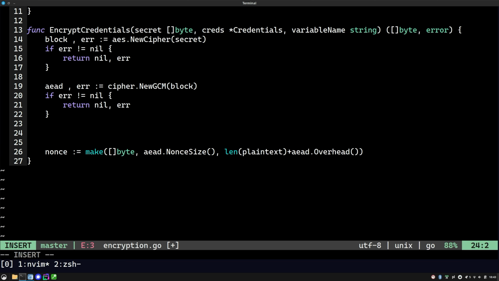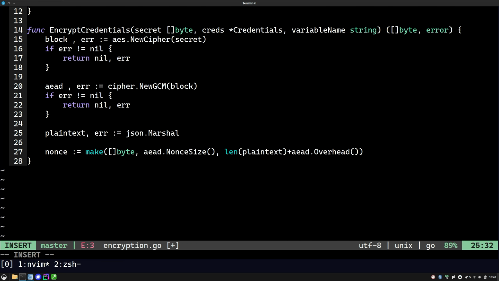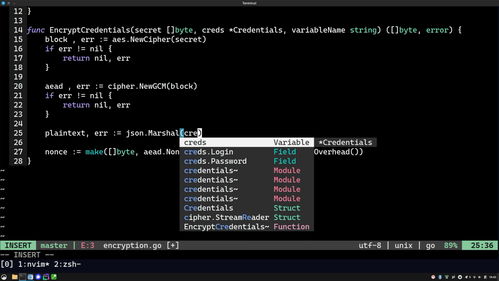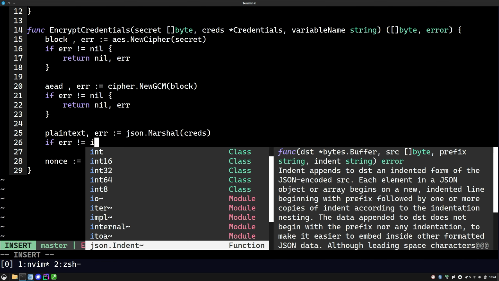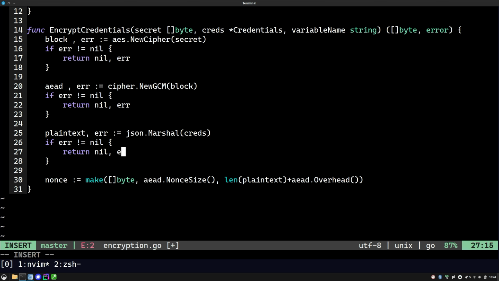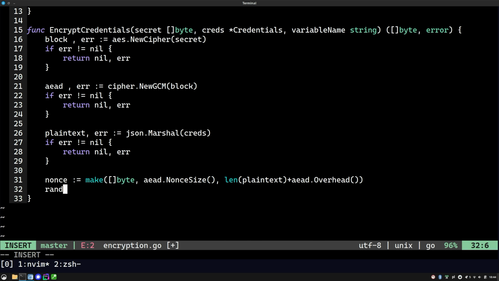Anyway, before we can encrypt it, we're going to need a plaintext. So let's see. plaintext, err equals json.Marshal credentials. If err is not nil, return nil and err. And now we have a nonce buffer, and we can use rand.Read to read exactly the length of a